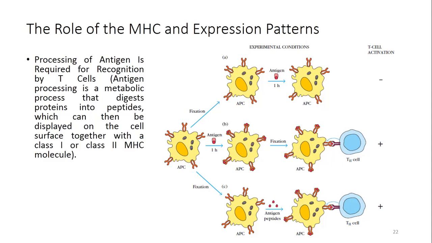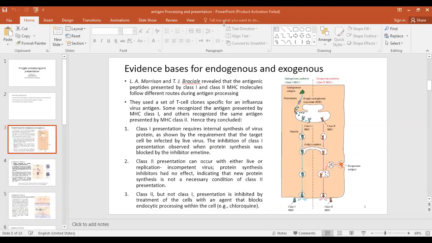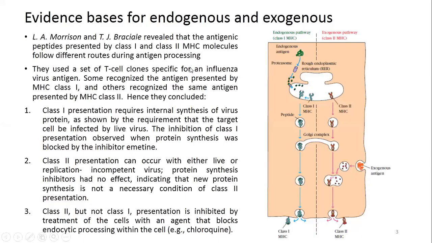There is another topic. We will see some evidence about different routes of antigen presentation. Experiments done by two scientists, L.A. Morrison and T.J. Braciale, revealed that the antigenic peptides presented by class 1 and class 2 MHC molecules follow different routes. How did they know that? They used a set of T-cell clones specific for a known influenza virus antigen. Some T-cells recognized the antigen presented on class 1 MHC molecules, and some others recognized the same antigen presented on MHC class 2. Hence, they concluded that class 1